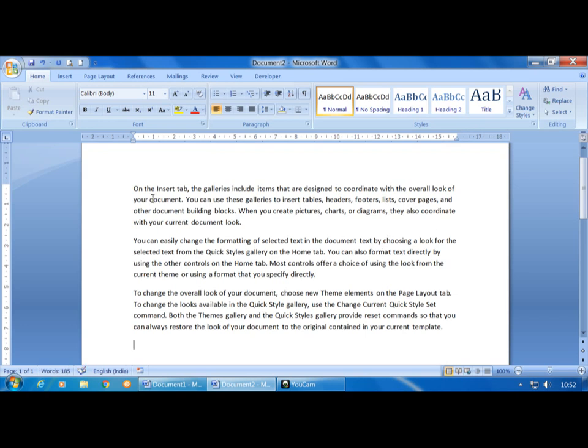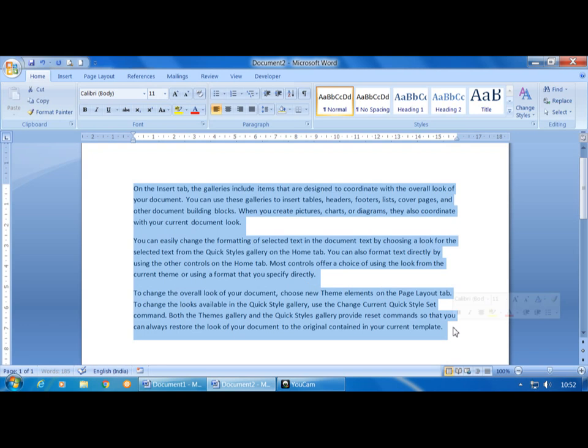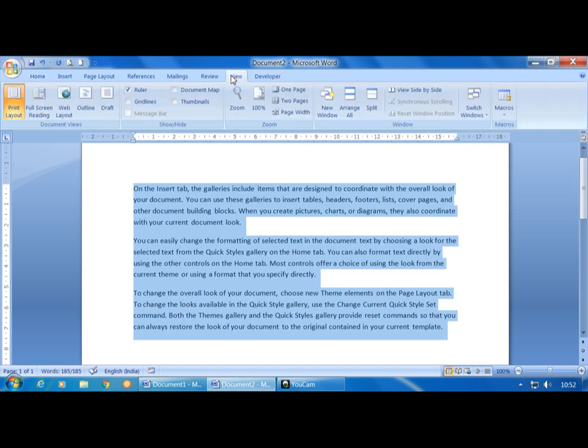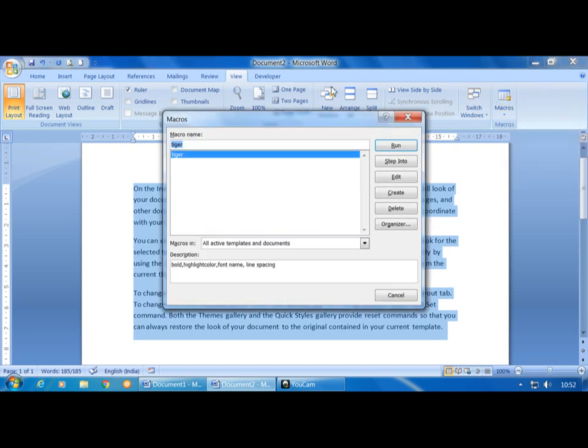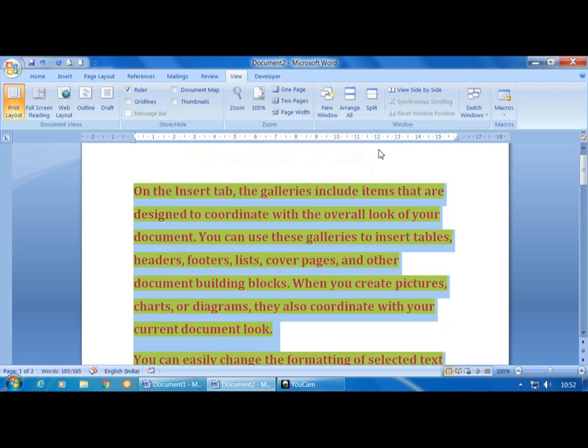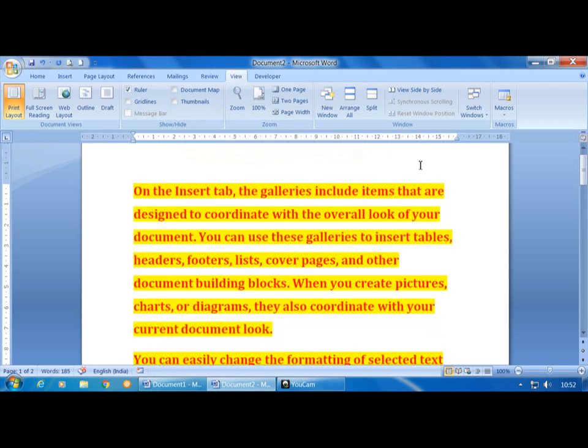Now you have to again select the text, then click on the View tab, then click on the Macros drop-down button, then click on the View Macros option. This is about running it. Here I have already given the macro name as Tiger. It is here, and when you click on the Run button, whatever you have recorded will automatically apply